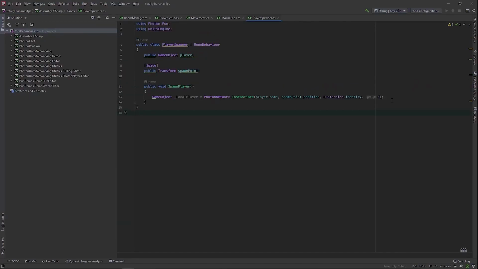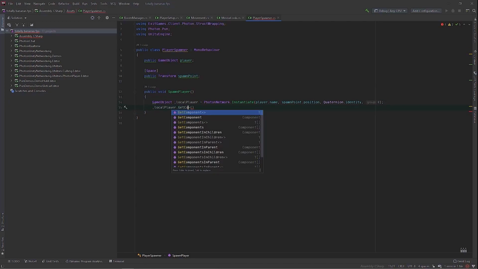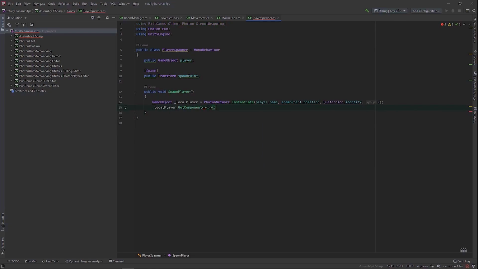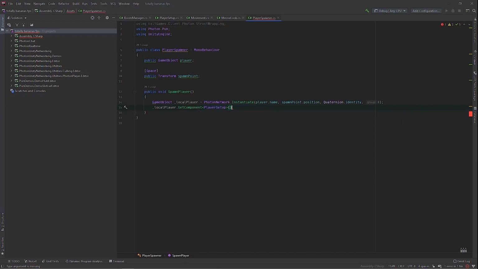Under localPlayer, do localPlayer.GetComponent, and then let's get our PlayerSetup script. And on this PlayerSetup script, we're going to call IsLocalPlayer.